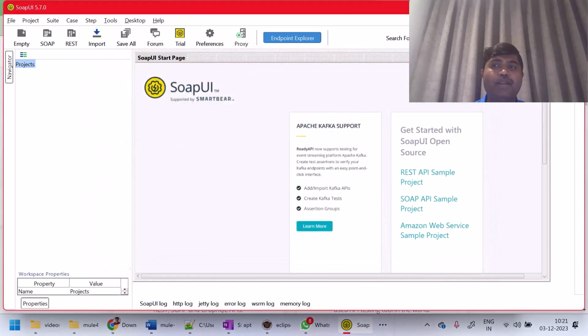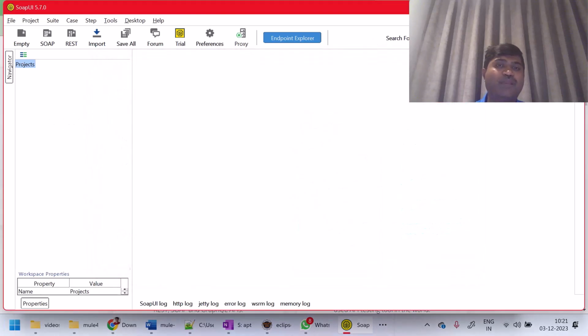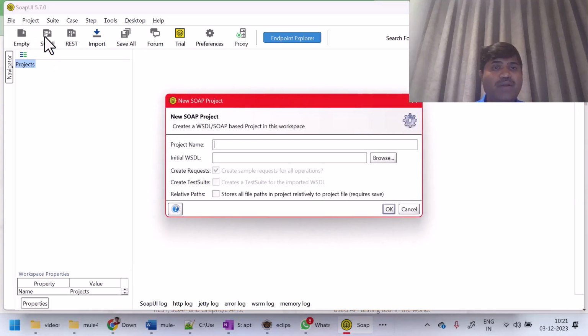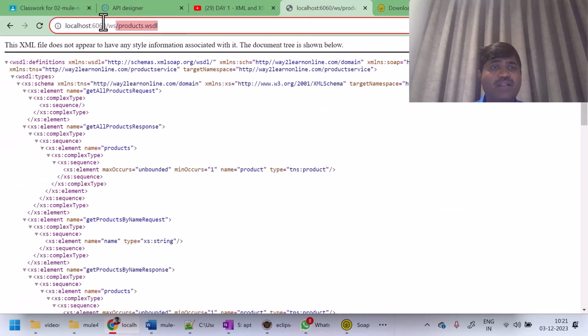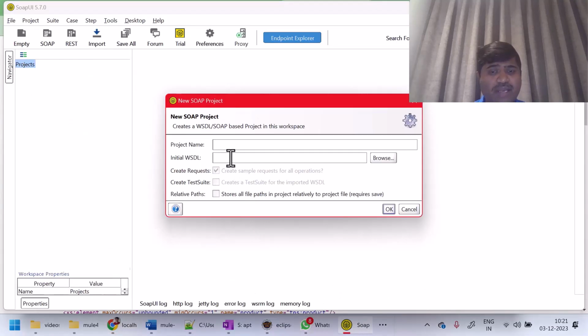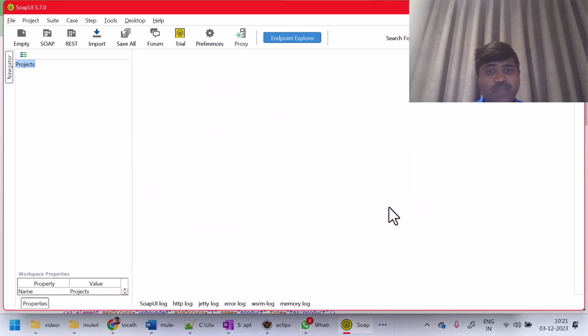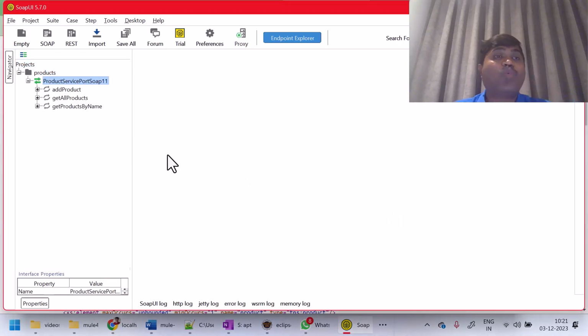Okay, now this is the SOAP UI I opened. Now I want to create a SOAP project using the WSDL. I'll click on this icon. Here I have to give the WSDL URL. What is my WSDL URL? This is my WSDL URL. So I'll give this and create a SOAP project. Okay, once a SOAP project is created by SOAP UI, you can see here